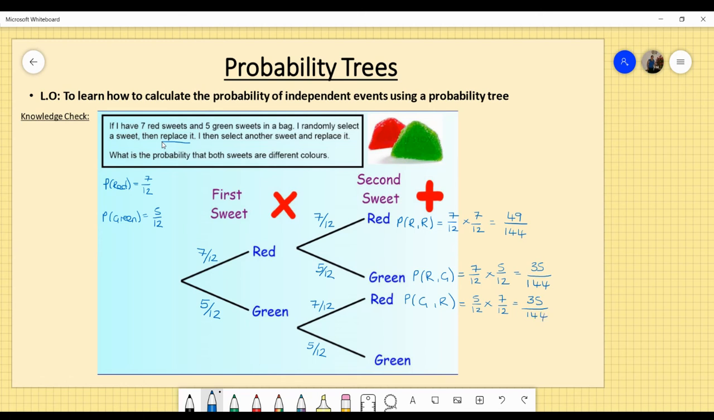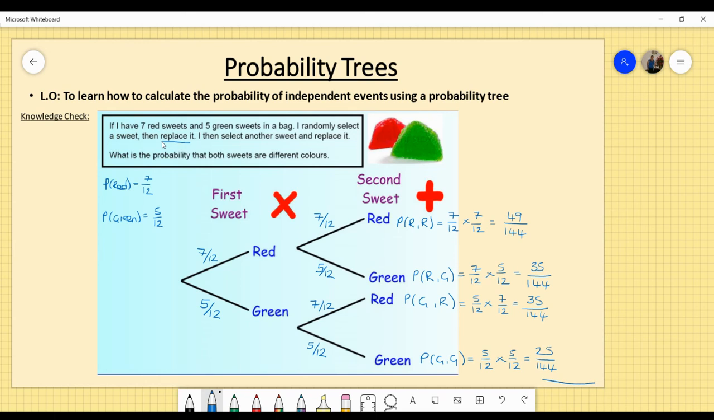And my last branch would be where I have a green and a green. So the probability of a green and a green is 5/12 multiplied by 5/12, giving me 25 over 144. Now what we should do at this point is add all of these things up. So 49 over 144 added to 35 over 144, added to 35 over 144, added to the 25 over 144,